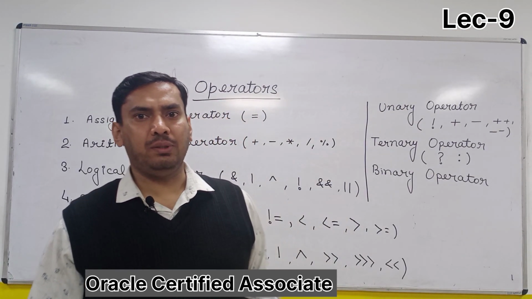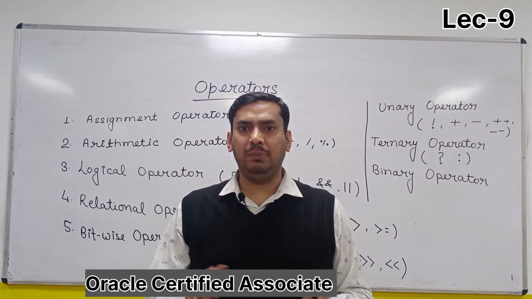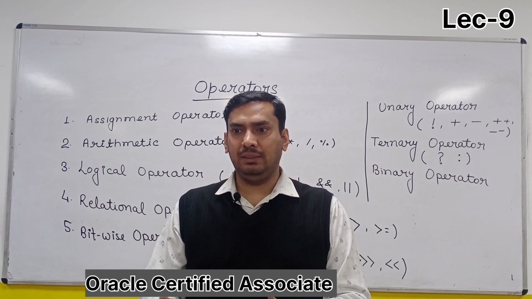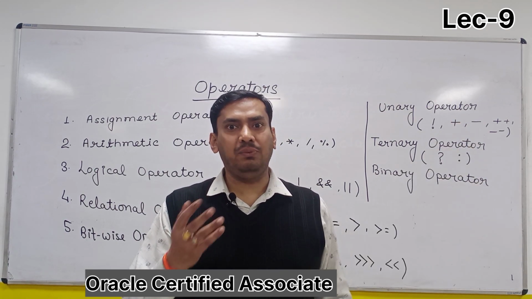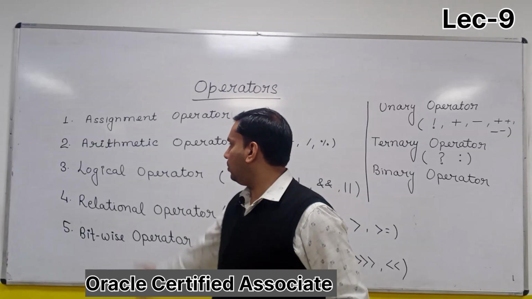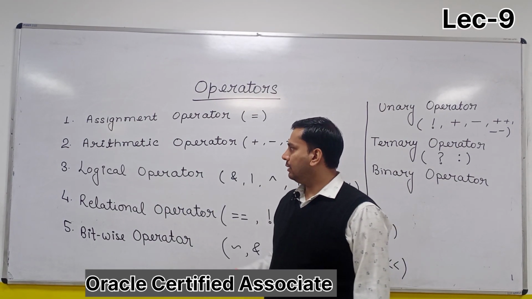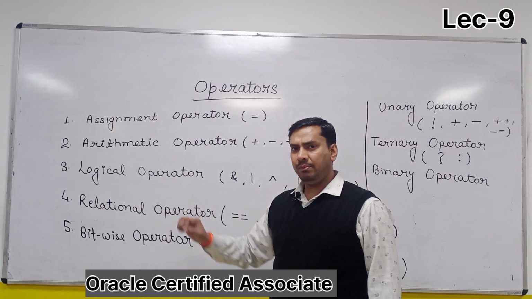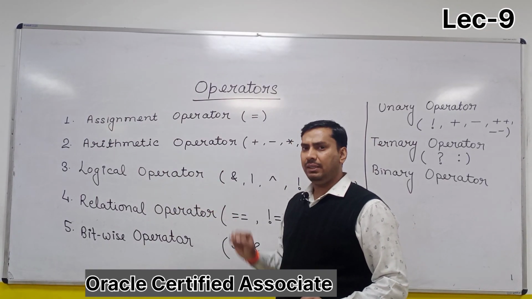Now we'll be talking about the categorization based on the operation performed, meaning the type of operations. Earlier we categorized based on the number of operands, now we are going to categorize by type of operation. There are a total of 5 different types of operators. We'll be discussing all of them. The majority of them are the same as what you have already learned, but some of them are different.